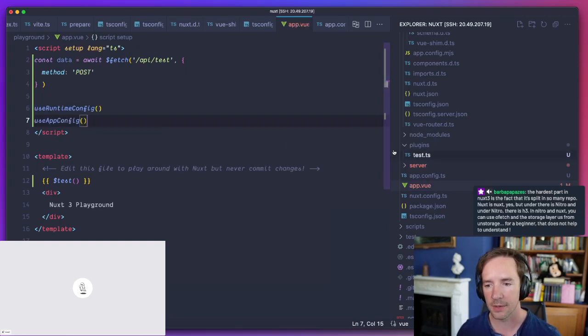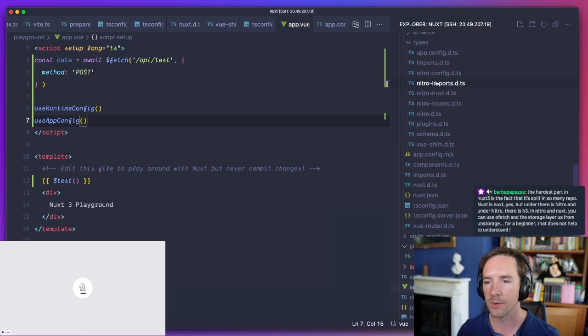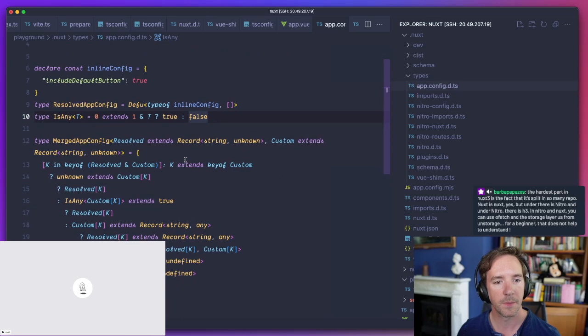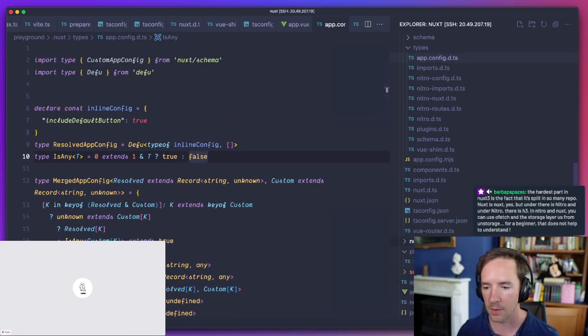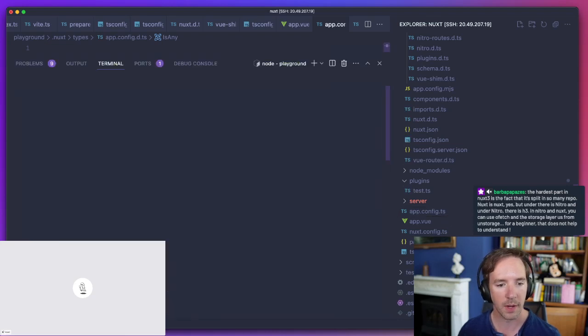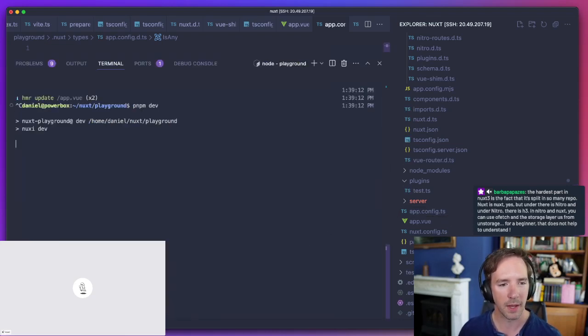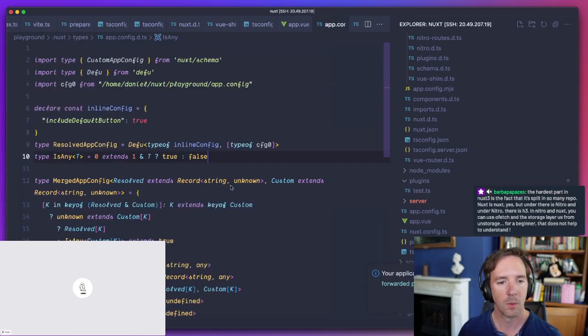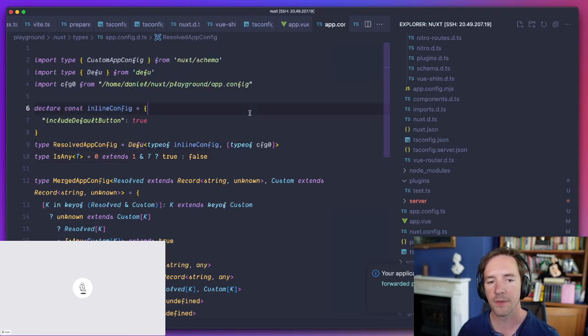I'll give it a second. What's happened is we've generated this app config file. We've imported, oh, maybe it's not, where did I put it? app.config.ts should be right. Might be this HMR thing I've been facing, where we're importing that configuration, and then we actually have a utility function that